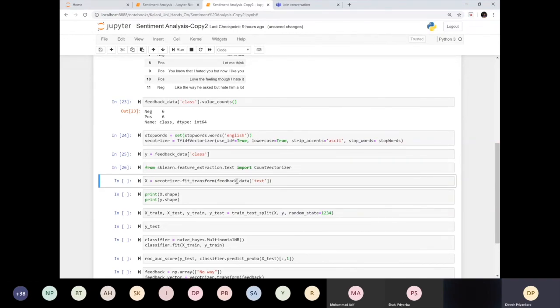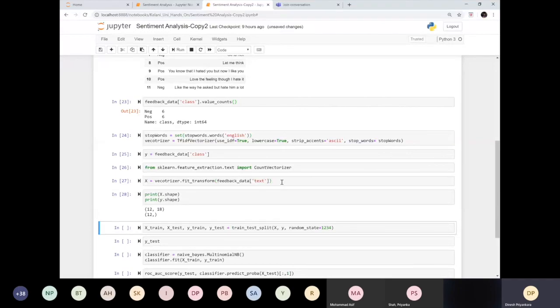So how do I train the machine? I'm passing my text data from my data set. Right. So I have done the needful. If I check my records in the X variable, it has 12 records and 18 columns.